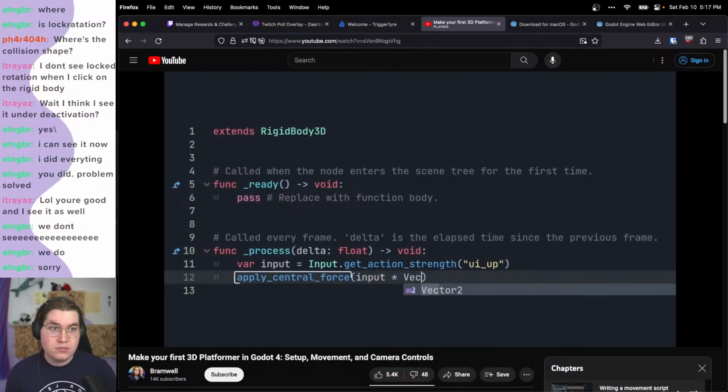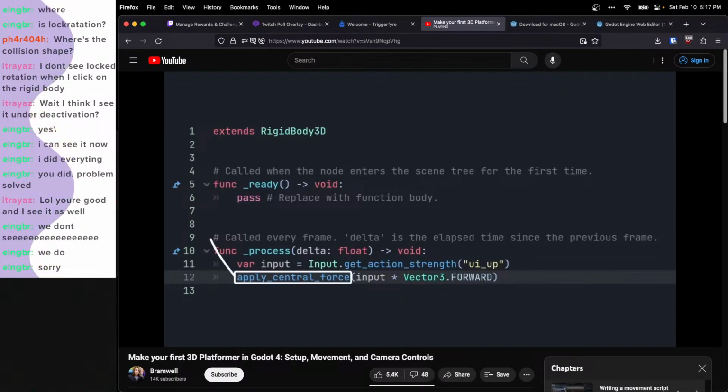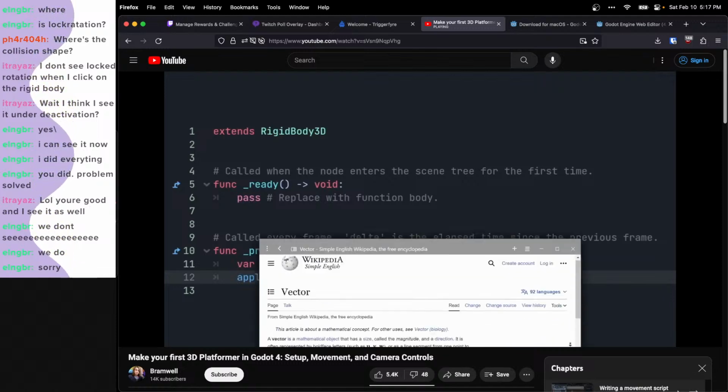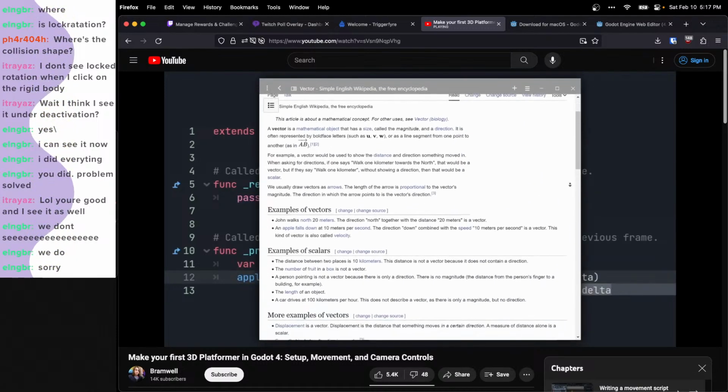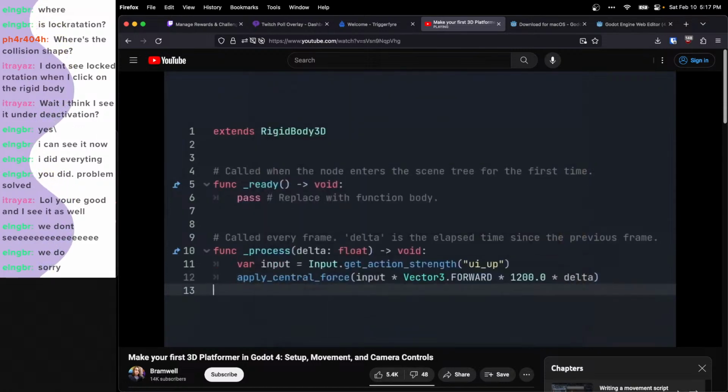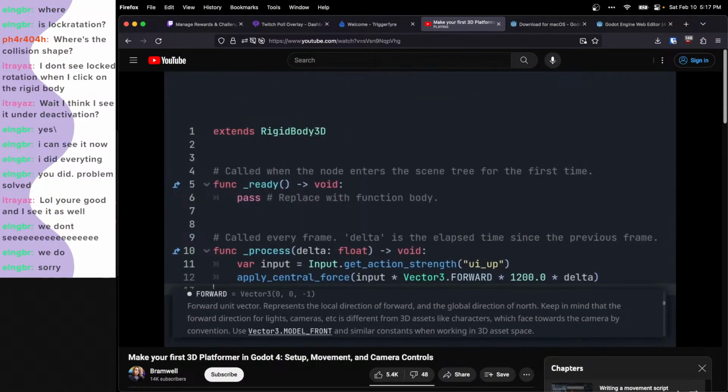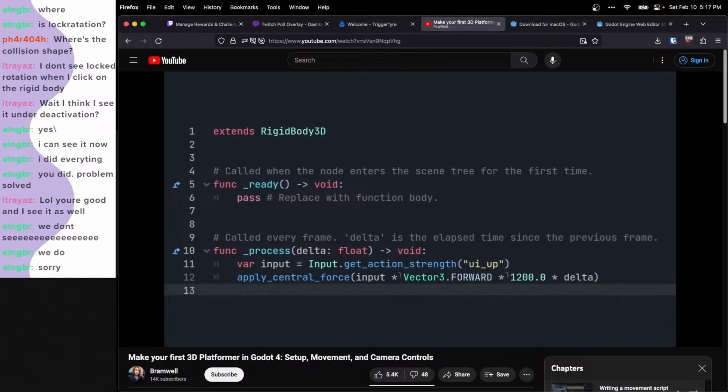apply_central_force is a function of the RigidBody3D itself. It lets us apply a force in a 3D direction. 3D directions are represented by the Vector3 object, and Vector3.FORWARD gives us a Vector3 pointing forwards. The asterisk symbol means we are multiplying the direction by the